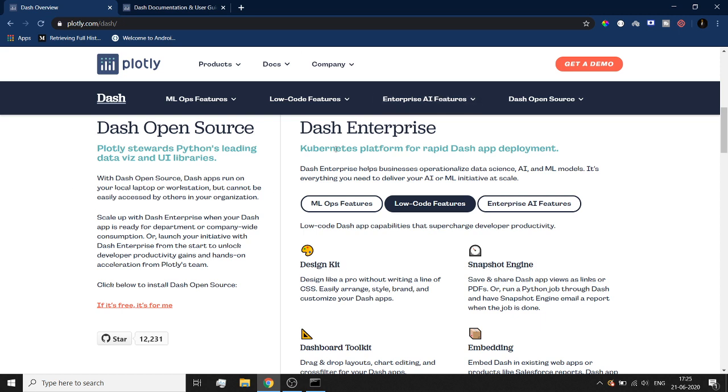Wherever this website is hosted, there might be some sort of server, some sort of computer which is hosting this website 24 hours, so that from any part of the world we can access this website at any point of time. That is why companies invest a separate amount of money on dedicated servers which run continuously, 24/7. Okay, so that was the difference between backend, front end and servers.